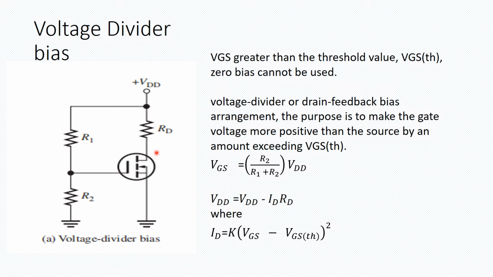For this we have to consider some conditions, like VGS has to be greater than the threshold level. This is a basic priority, because you have already gone through the discussion of why VGS has to be greater than the threshold voltage. If it is not greater, it will not lead to a flow of current. Rather, whatever channel is induced between the N layers will narrow down and result in zero current.